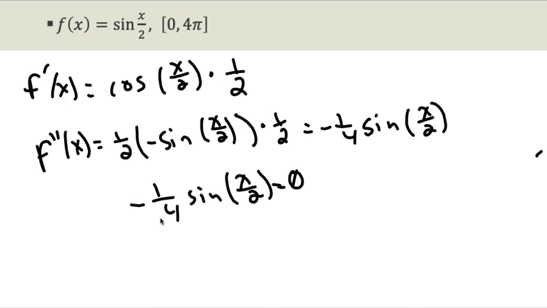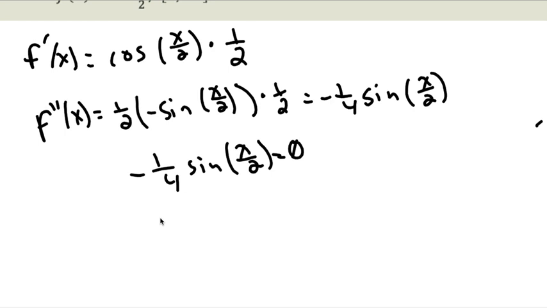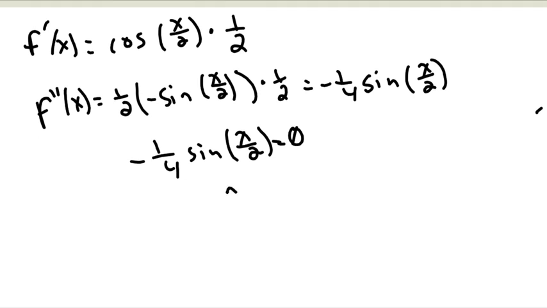Where is sine equal to 0? The way that I do this is I think of x over 2 as an angle, or as a variable itself to begin with, and I know that sine is 0 at 0, at pi,